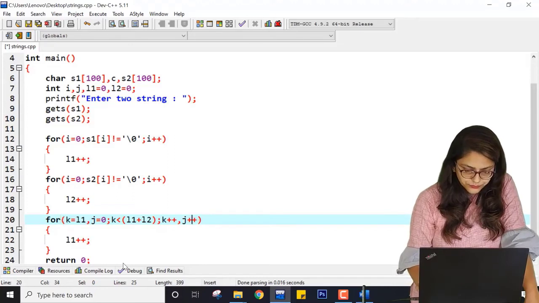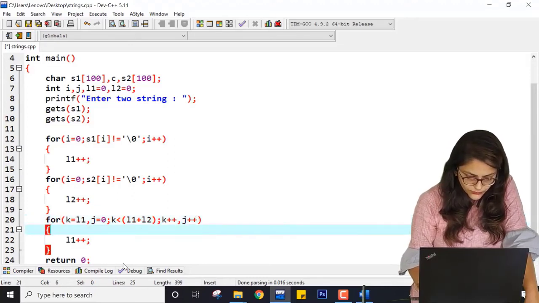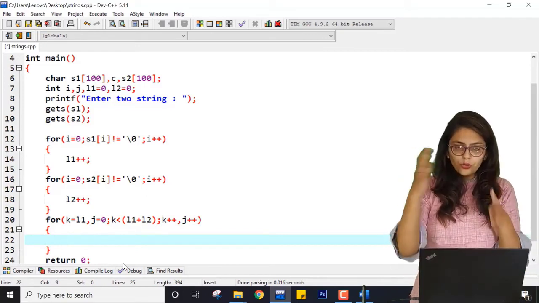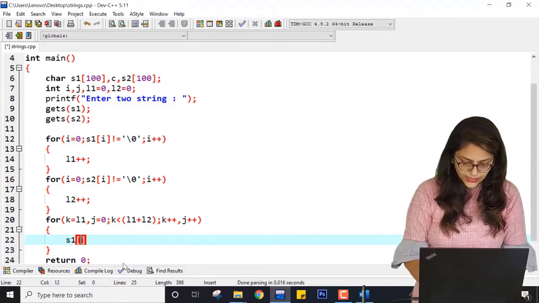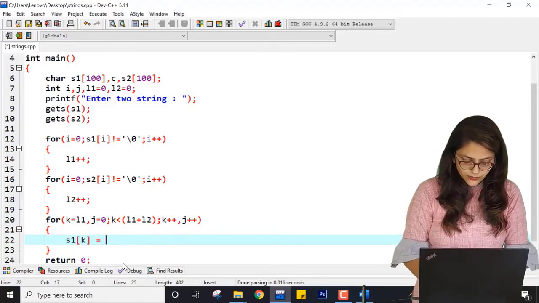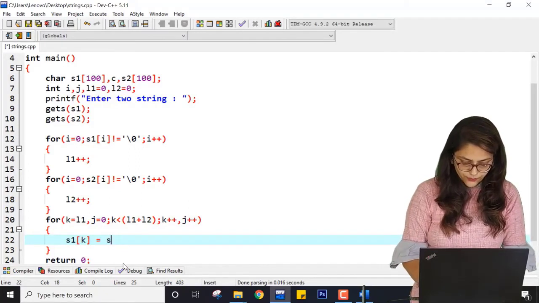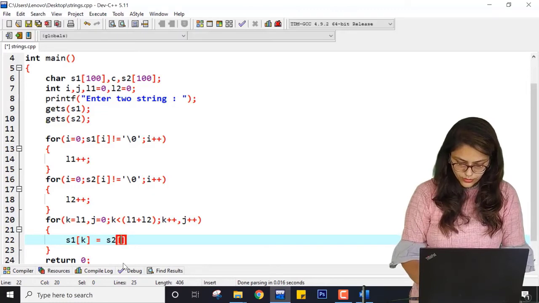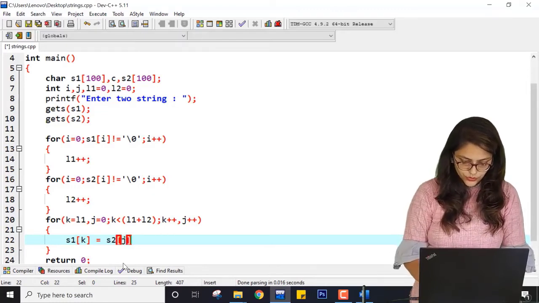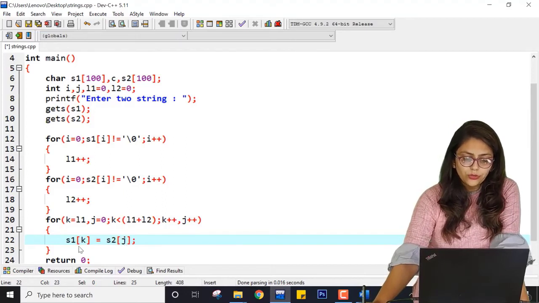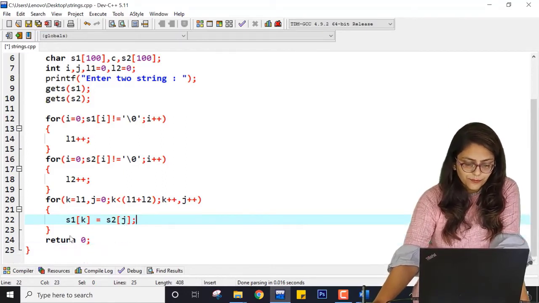So here let me write the logic over here. I want to copy the value of S1 of k from S2 of j, right? S2 of 0 will be copied to S1 of k.